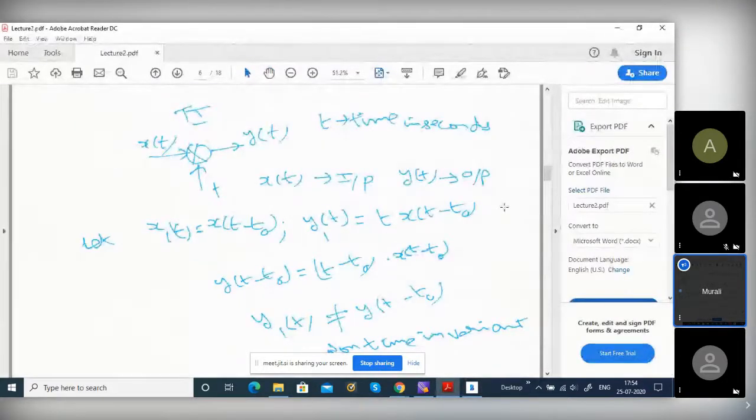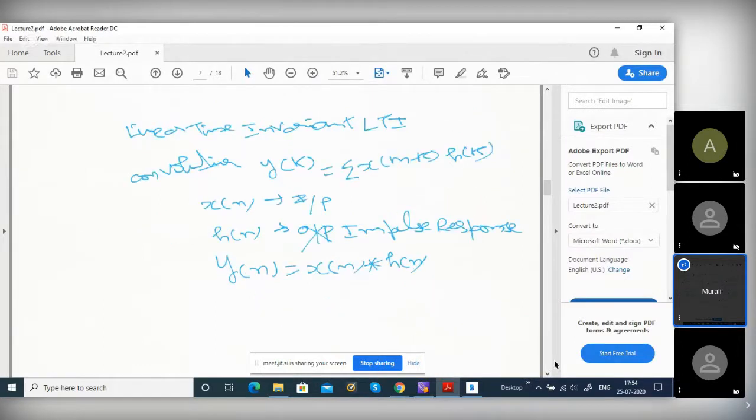So time variant and linear, these both you know right now. Now we will talk about both linearity and time invariance, the LTI system. Most of our design we will assume that the system is linear time invariant. That makes our design simple. If it is non-linear it is difficult, and if it is time variant it is also very difficult. But if it is time invariant, then we have a lot of advantages.